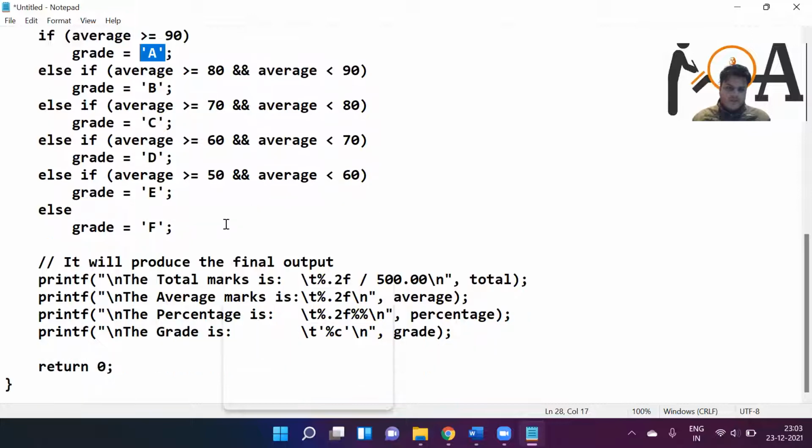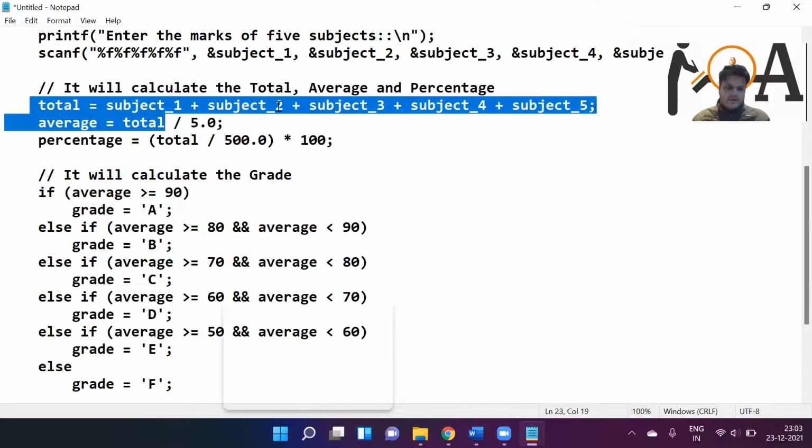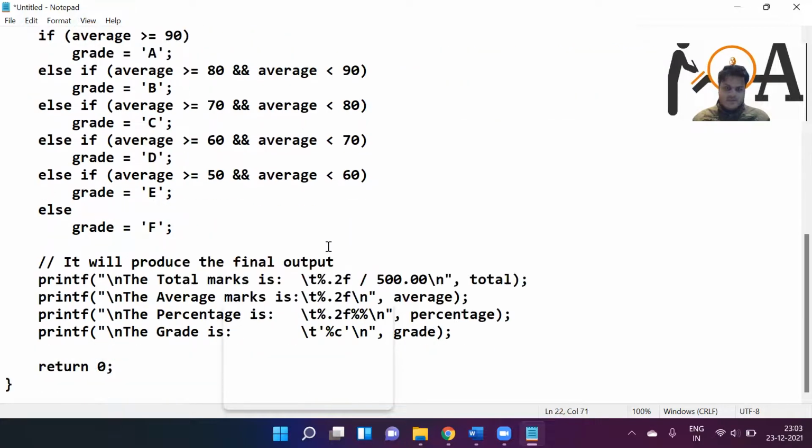Now what are we going to print? Total marks, which we have calculated. We print total marks with %.2f, which means we take precision up to 2 decimal points.